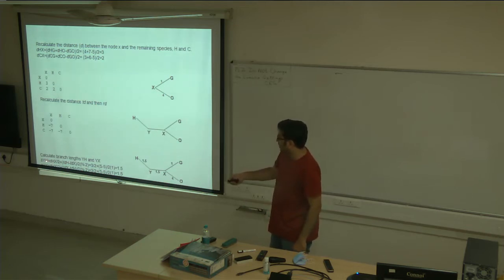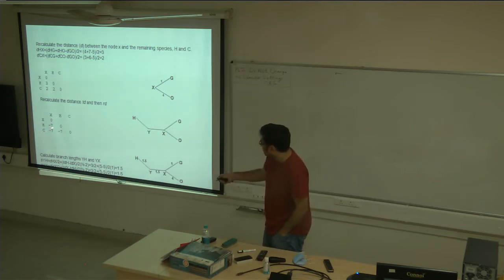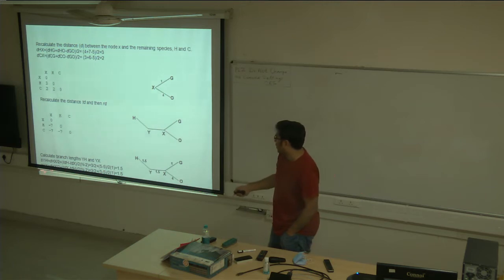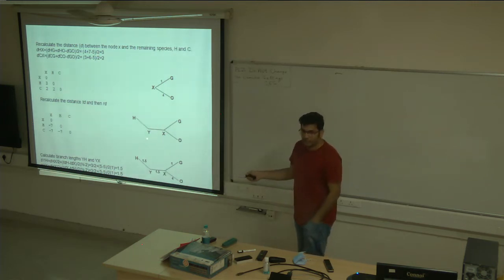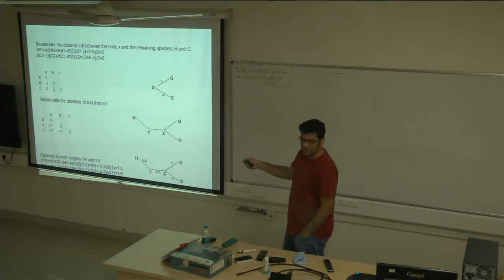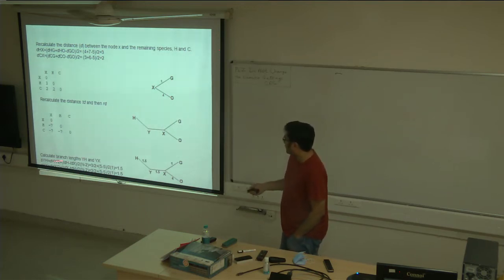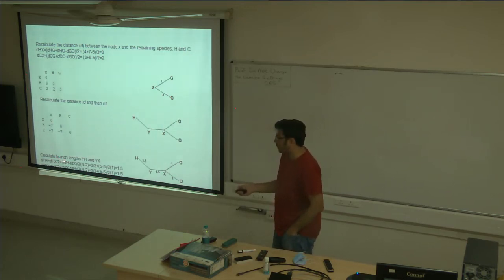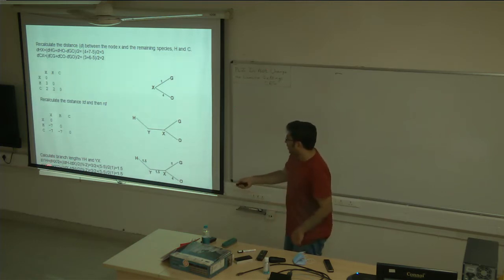Here we have picked human and, I think, H and X. In the same way, now we have added H here. Now we have to calculate the distance between X and H, and it is connected by this node Y here. It's the ancestral node, same logic as before. You use the same formula to calculate the branch length.